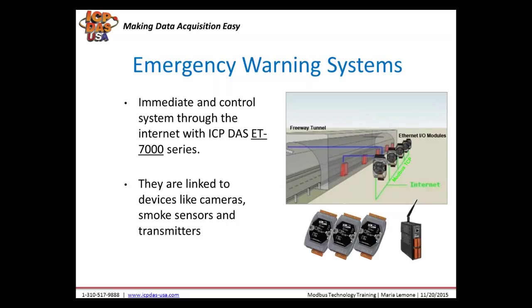Cellular controllers like our G4500 series can operate over 3G cellular networks and support Modbus protocols. They can be programmed in C language and allow for sending text messages and emails based on information from data